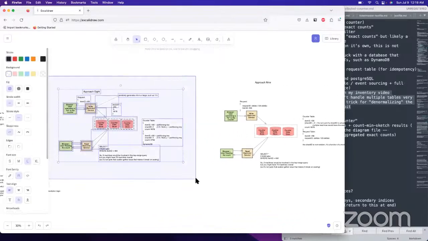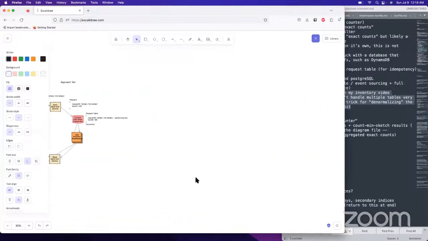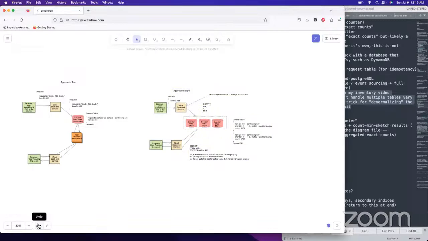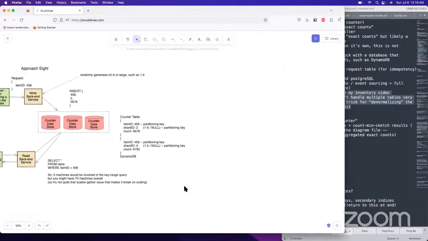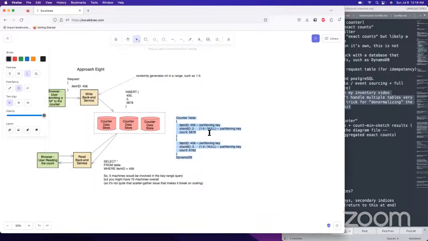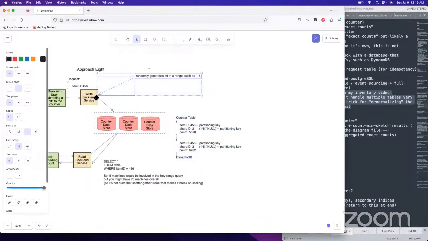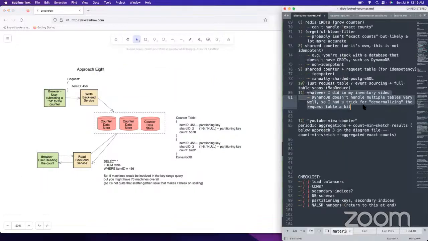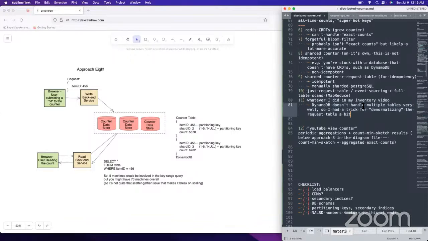So we're going to take this one, and when is this actually a good idea? So you don't have the request ID table, and for when you want an exact count, I guess this one isn't with super hot keys.